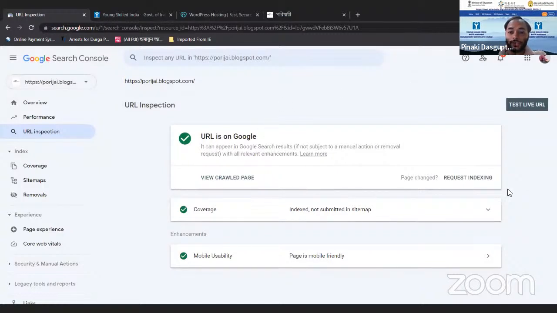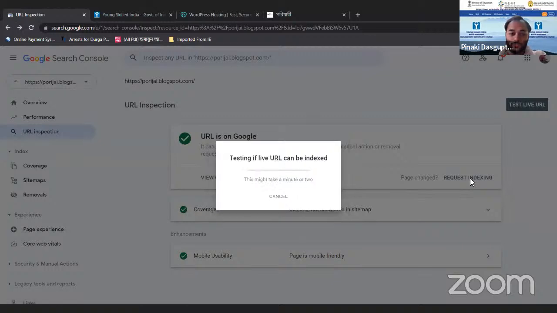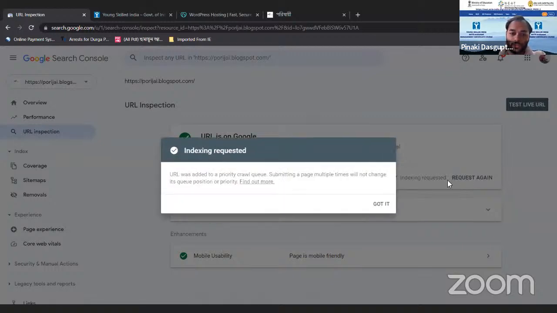In that case, you can click on request indexing. Indexing requested. So in this way, I have requested Google, kindly re-index my site, so that the updated information will be there in Google's database.